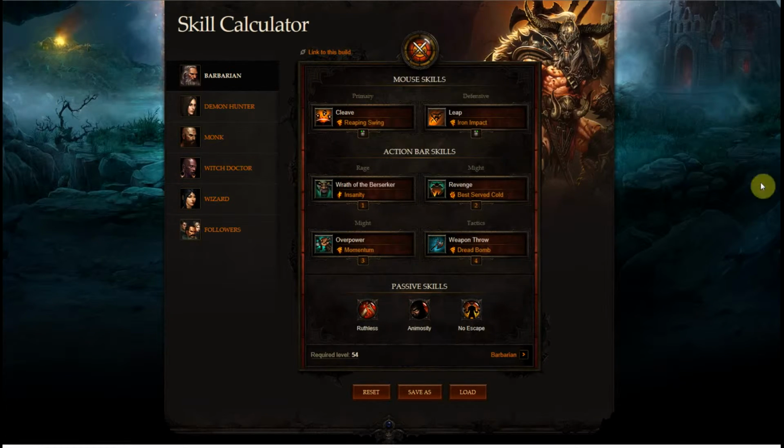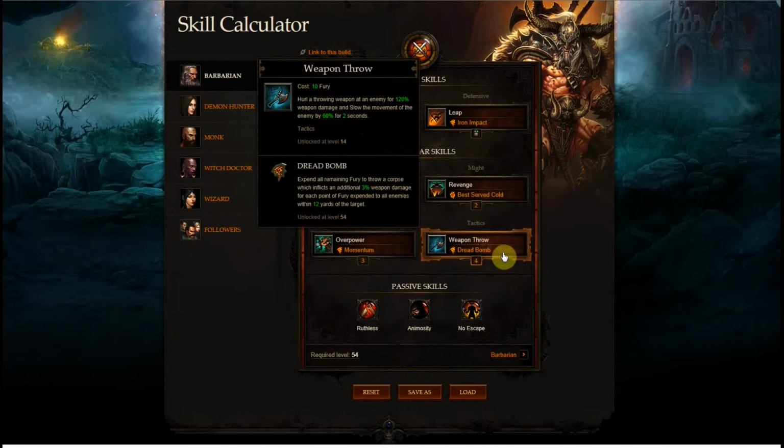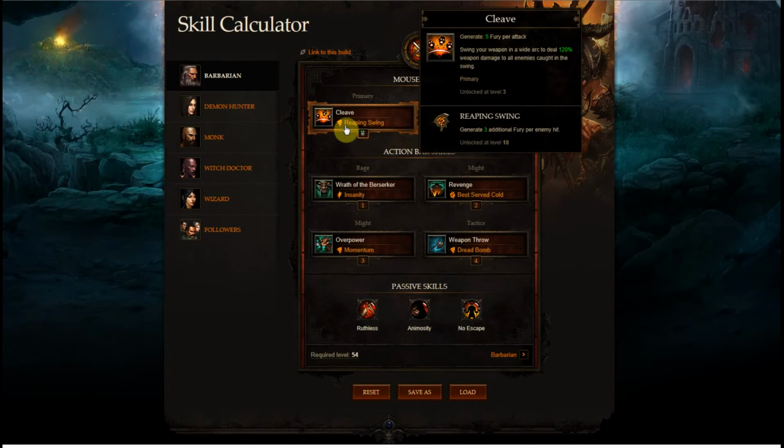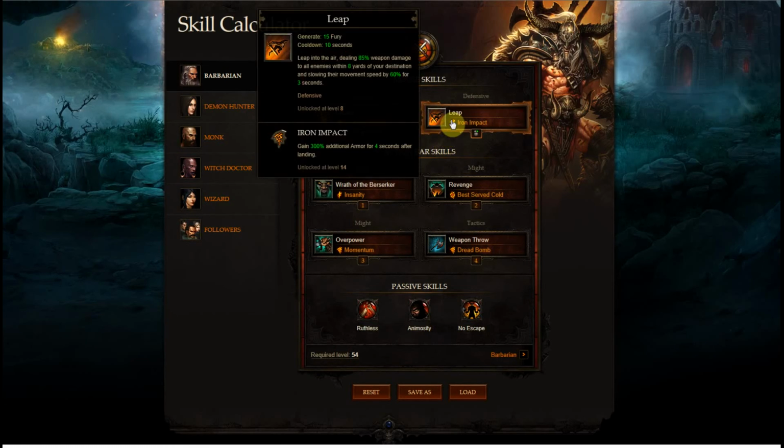Alright, let's look at an example of a good build, and this is a build that has been floating around the forums. It's called the Dread Bomb build, really because the whole build is built around the Dread Bomb. So let's look at the merits and the downside of this build. We look here, we have Cleave with a Reaping Swing that's going to give us the additional Fury, Leap,